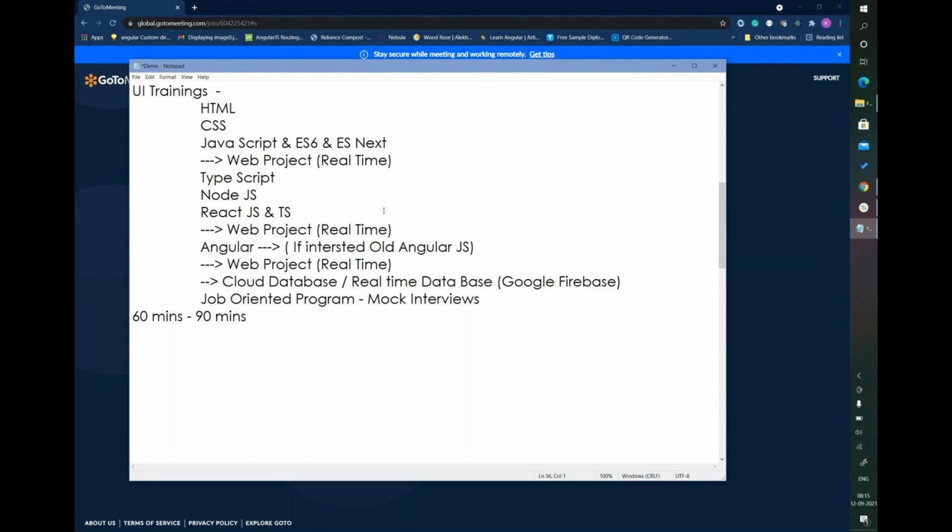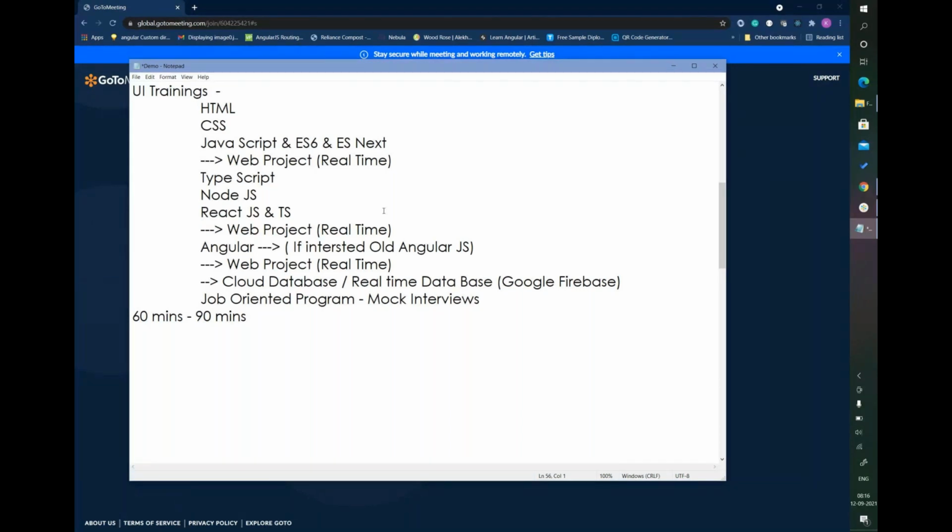For this, we need some database connectivity to get the data. Databases come in different types, like SQL and non-SQL. Non-SQL includes document-based databases like MongoDB. Also, we will have a real-time cloud database, such as Google Firebase or AWS, and we will see how to access these cloud databases. I'll take the example of Google Firebase, create a simple account, and show you how to make use of that particular cloud database.